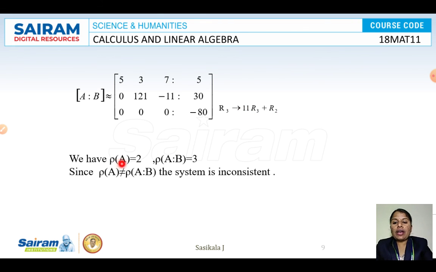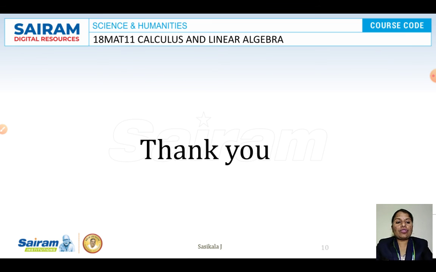Now the rank of A is equal to 2, and the rank of the augmented matrix is equal to 3. For A alone you can see 2 non-zero rows, but taking A and B together, there are 3 non-zero rows. So the rank of the augmented matrix is 3. Clearly the rank of A is not equal to the rank of the augmented matrix, so the system is inconsistent. We have proved that the given system of equations doesn't possess any solutions, since it is inconsistent. So that's all, guys. Thank you.